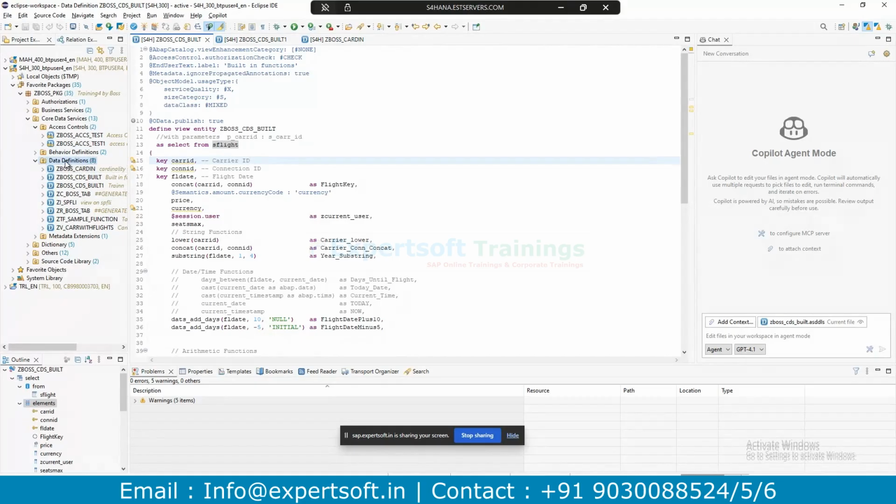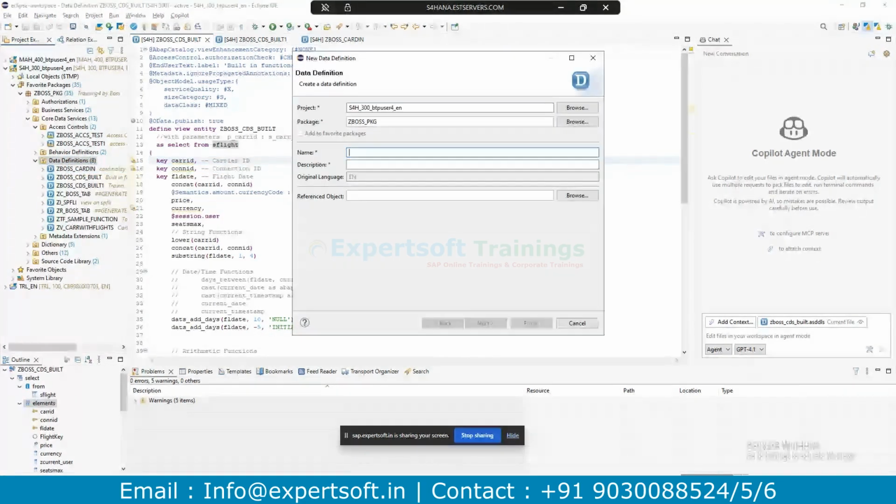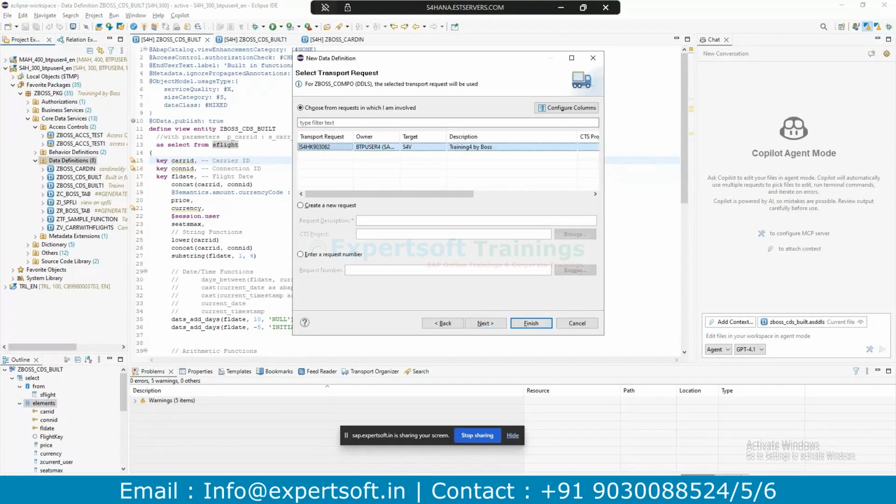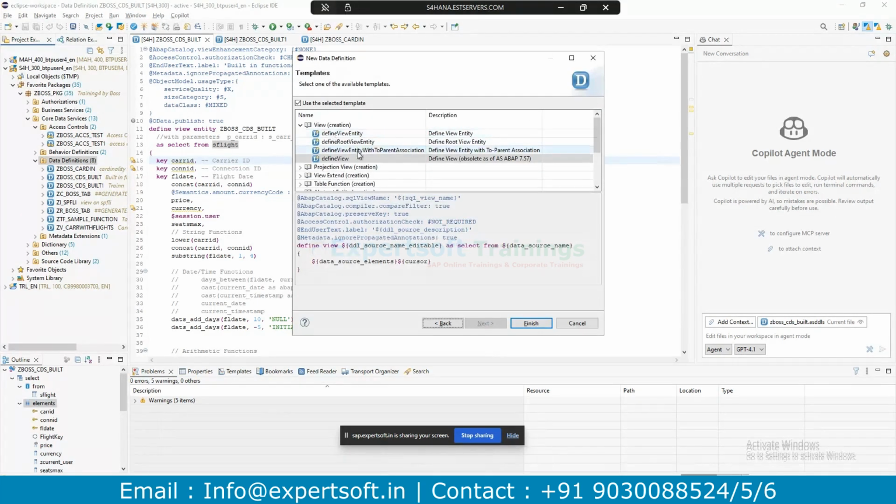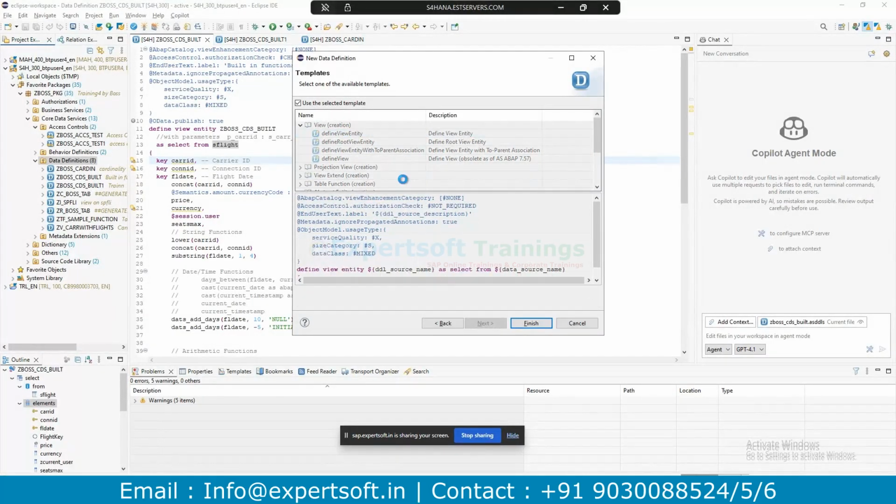I will create one new composite data definition. Source, composite. Define view entity only.